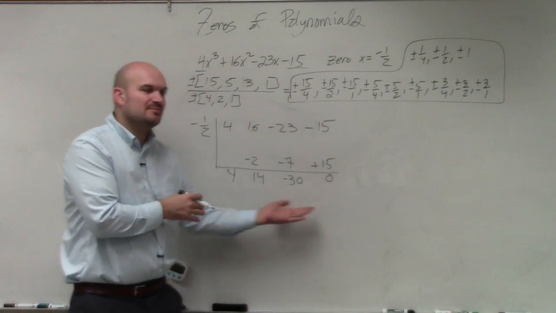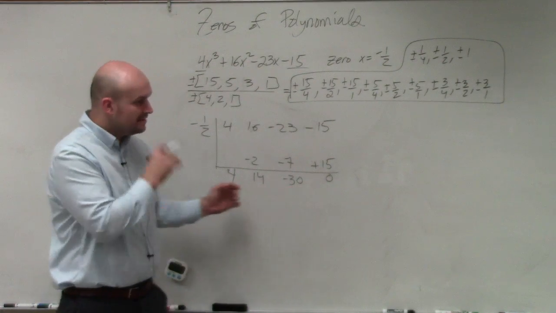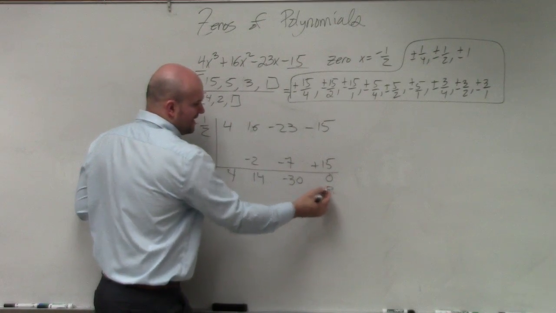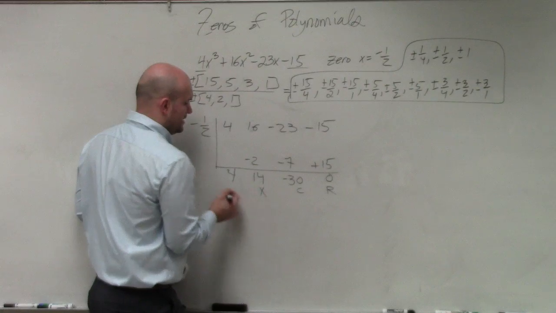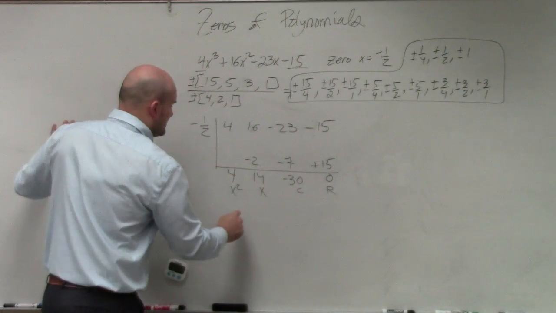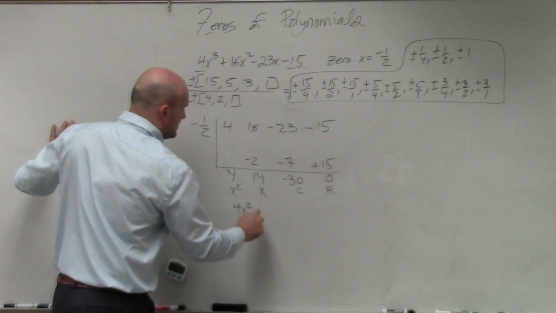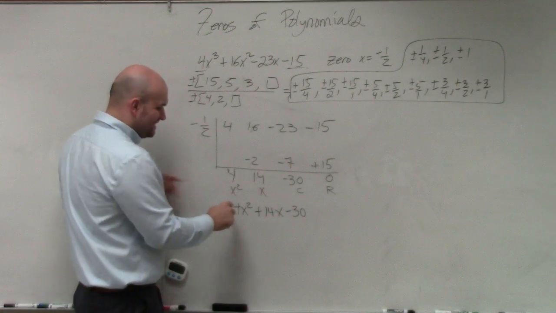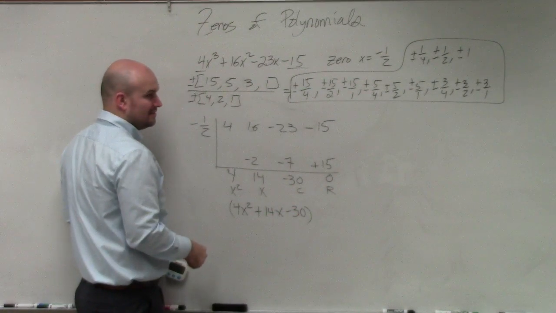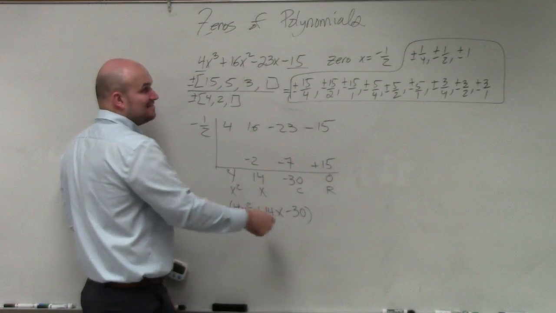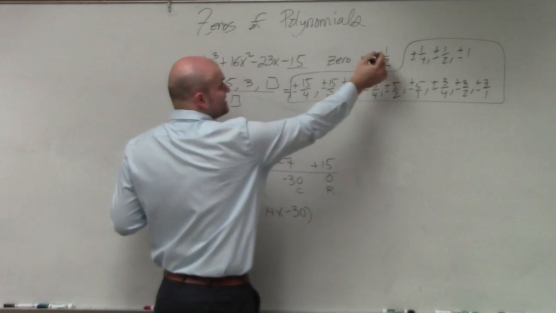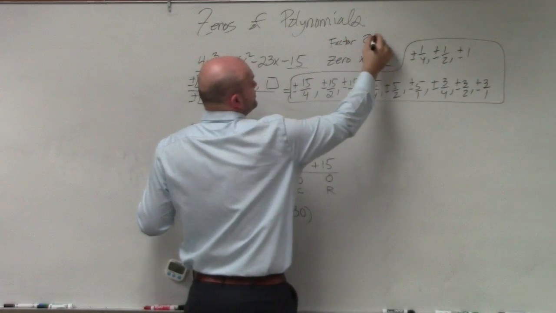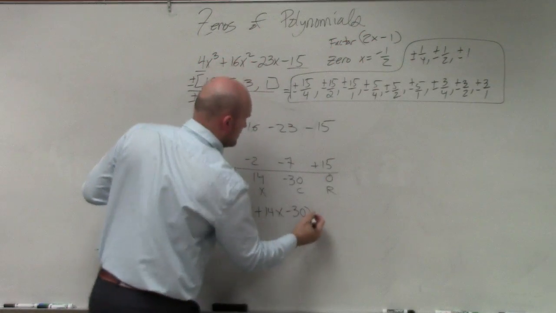But remember, the sometimes confusing thing about this is we need to understand what this is. Remainder, constant, linear, quadratic. So we can write this as 4x squared plus 14x minus 30. This is my other factor. This factor times this factor, let's write the factor above, 2x minus 1